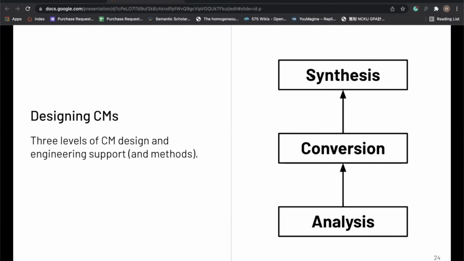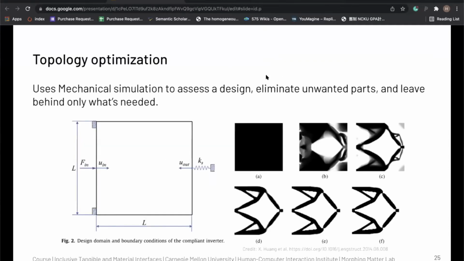And finally, we have synthesis, which is basically creating a compliant mechanism from nothing. This is the domain that I work a lot in, and we're going to talk about that later. But let me show you a couple of methods for designing compliant mechanisms first. One of them is based on